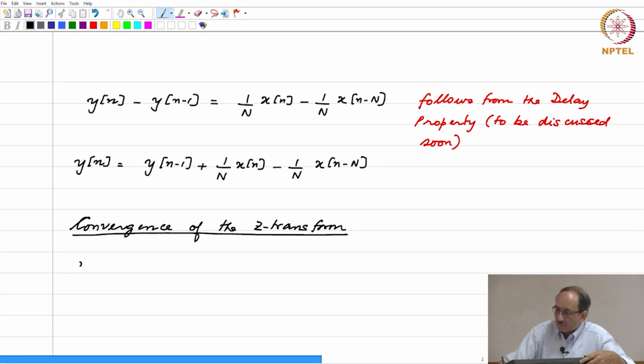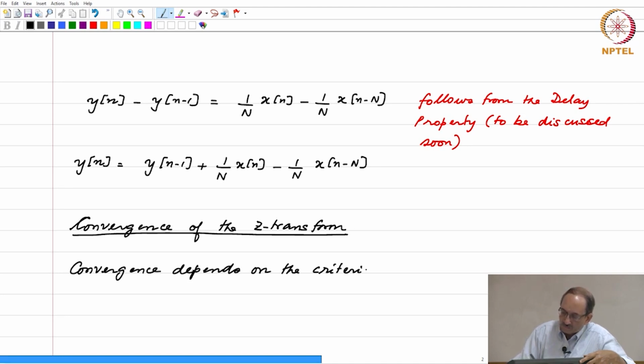We will use a criterion that was used in the Laplace transform case. So, convergence actually depends on the criterion used. And we will use exactly the same criterion that was used in the Laplace case. And the convergence criterion that was used in the Laplace transform case was